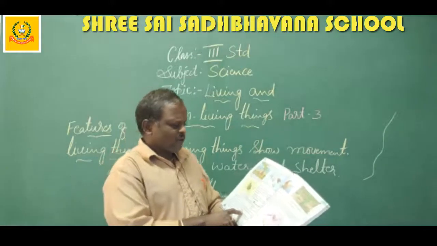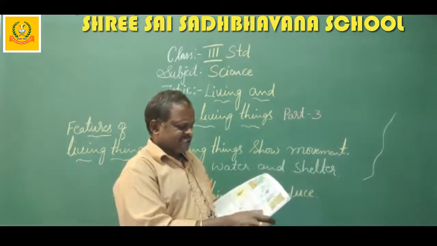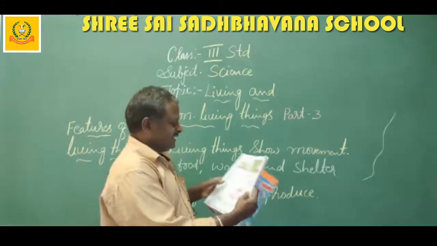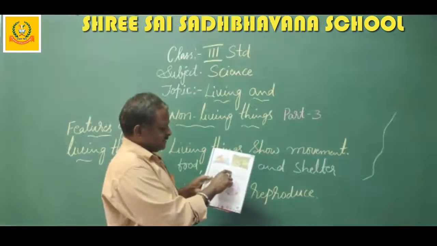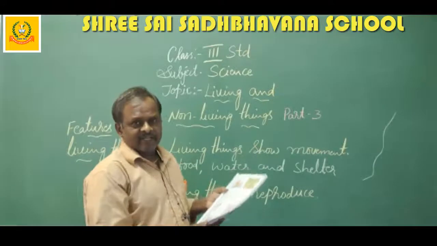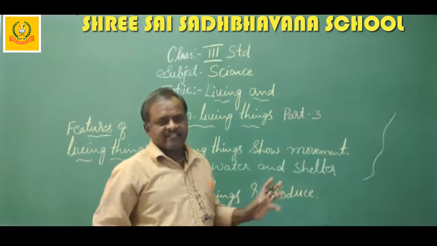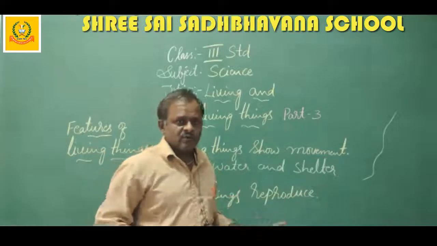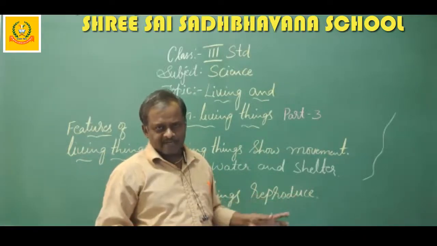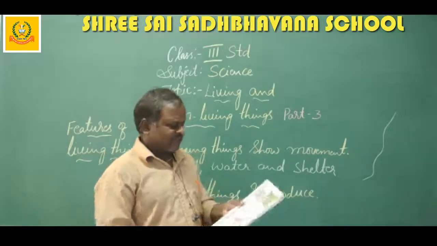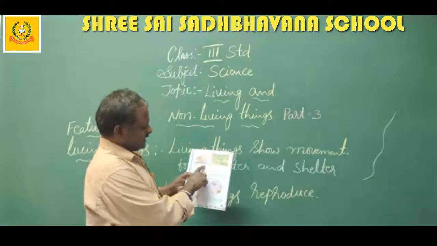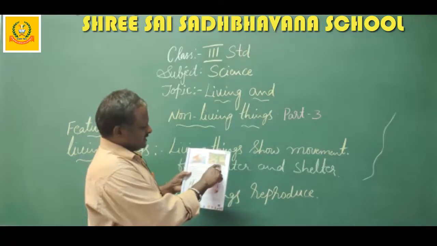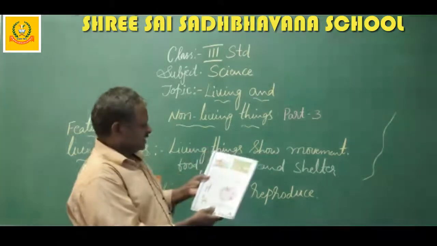Non-living things like chair and table cannot move on their own because they are non-living things. They can't move from one place to another. We have to push them for the movement. Understand now? See here, fish swimming in water, climber growing with support.